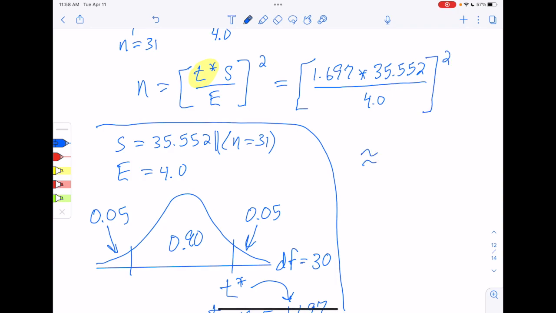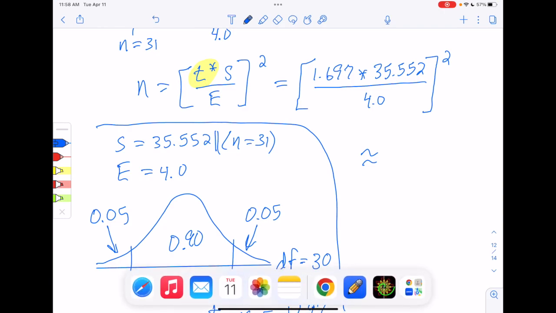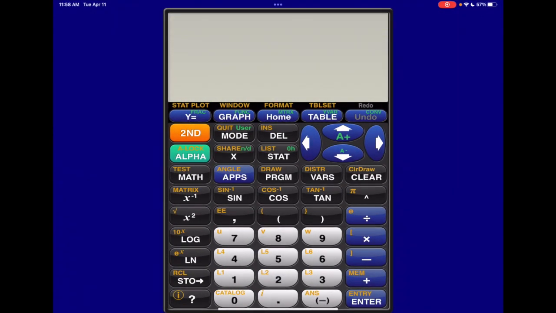All right, so let's go to the calculator and see what we get for that. So open parentheses, because all three of those numbers need to be inside of those brackets. The formula shows a bracket, but on the calculator, bracket versus parentheses, it doesn't matter. So you don't need to worry about that. And then make sure you get all three of those numbers in before you close the parenthesis. That way when you add the square, you're squaring all three of those numbers. We do that, we get